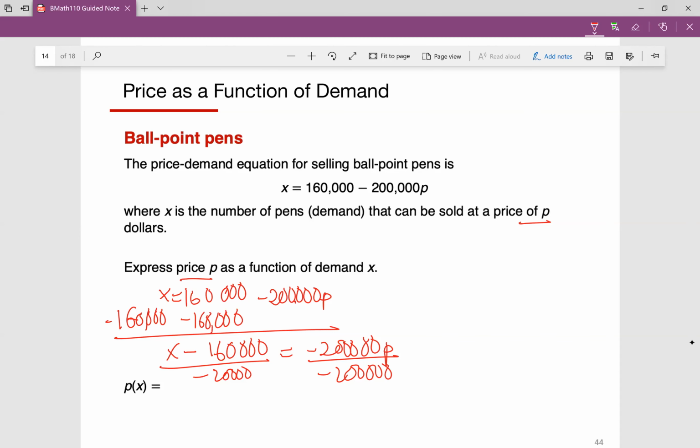And now I'm going to have P equal to x over negative 200,000